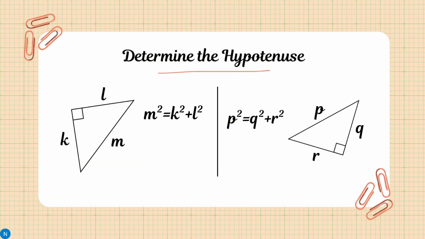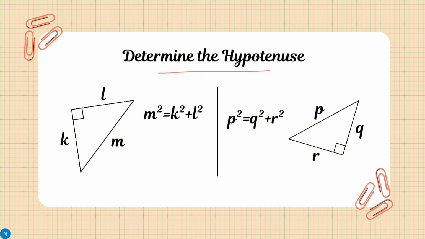Next, before we discuss the Pythagorean theorem further, we must first really understand the concept of the hypotenuse, so that later we don't make mistakes when using the formula. Determine the hypotenuse. Here, there are two right triangles. Determine the hypotenuse, and at the same time we will rediscover the Pythagorean formula.